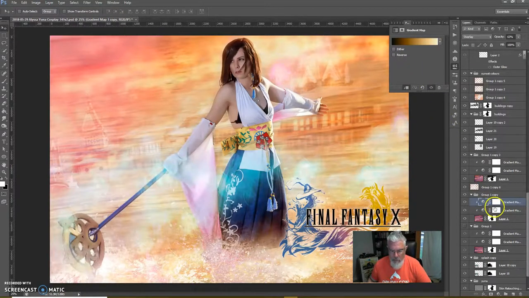Same gradient, and one of them is done as an overlay at 65%, and the other one's done as a linear dodge at 53%. So that's essentially just really dropping out that background to be just a faint bit of clouds in the